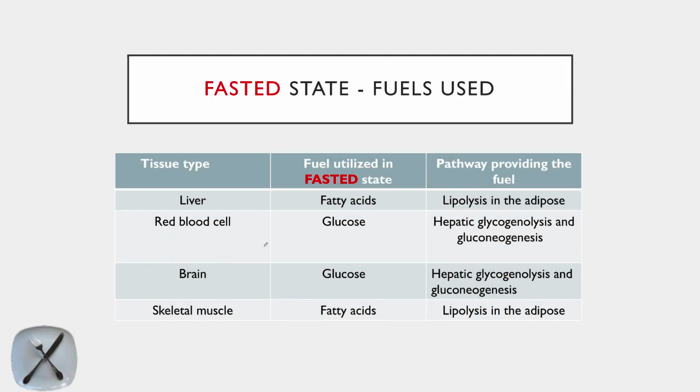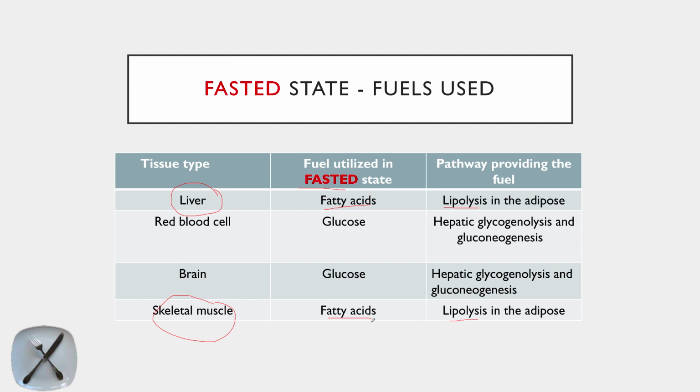So just as a quick reminder, in the fasted state, it's going to be our liver and our skeletal muscle that are primarily going to oxidize free fatty acids in the process of beta oxidation to produce energy. And what we'll see is these free fatty acids come from the process of lipolysis, which is important for the freeing of stored triacylglycerols. But for now, let's just look at the process of how we use free fatty acids